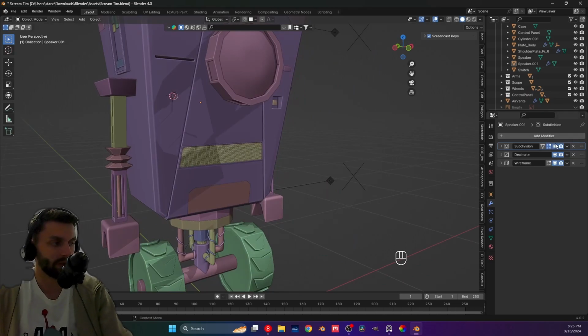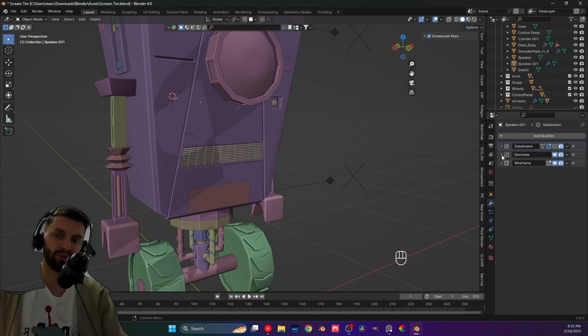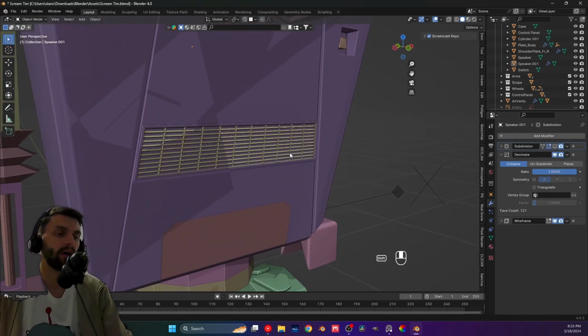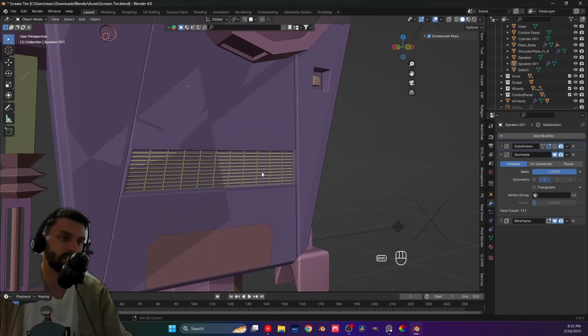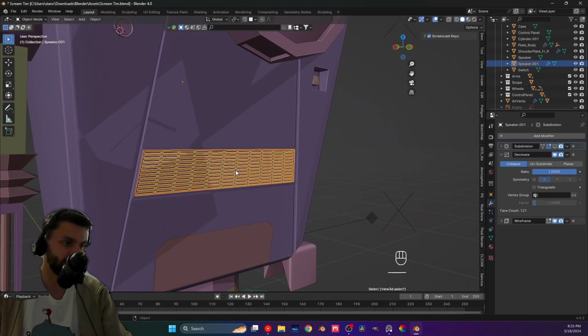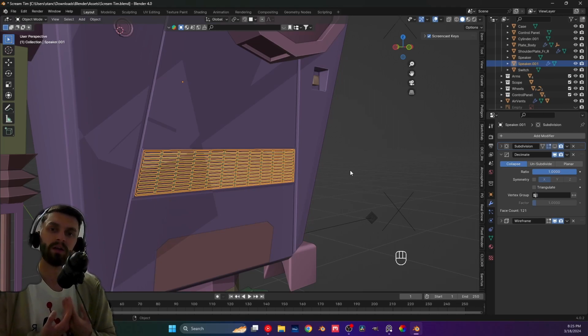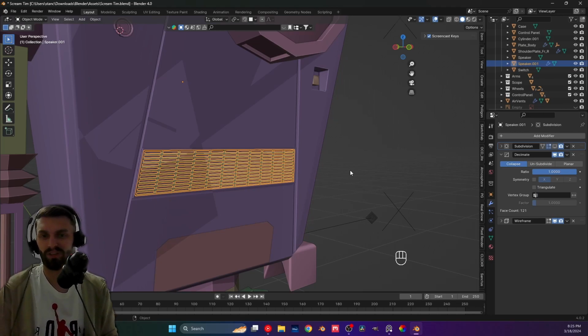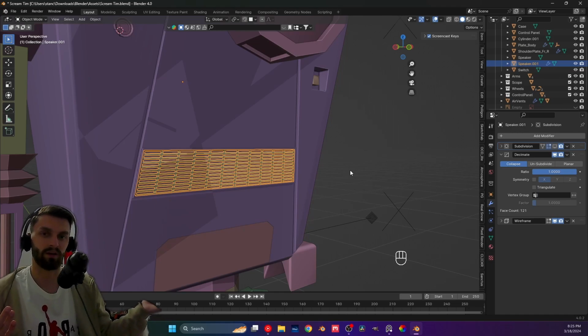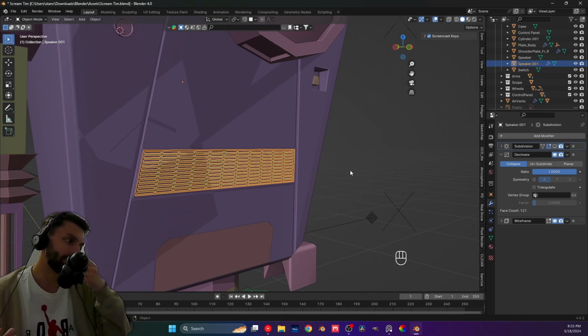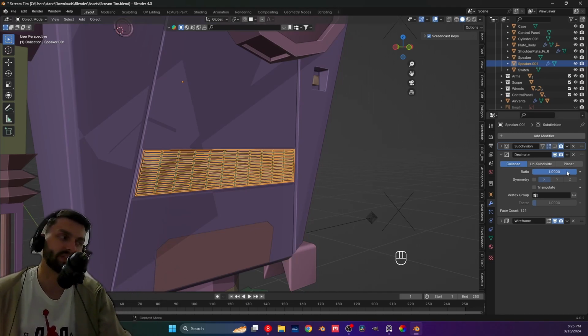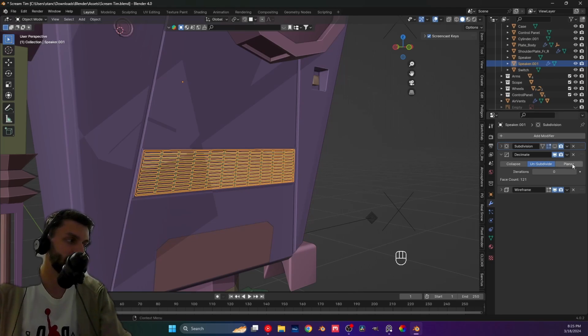So the reason I wanted to talk about this is that this is the first time we used decimation. I do remember I talked to you about this one in the beginner course. But again, decimation is a lot of the time used when you want to do retopology and you want to take some of the high poly mesh down. You use decimation to cut from that. So that's basically what this does. Of course, you can set it to different